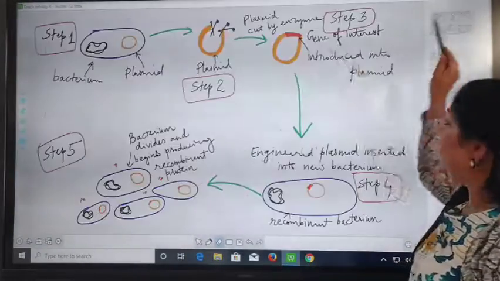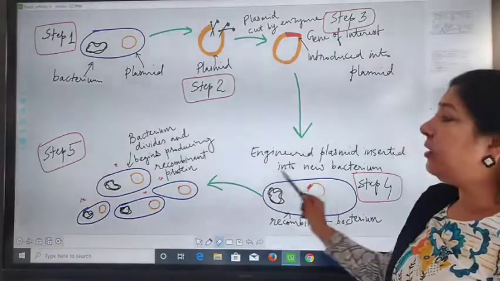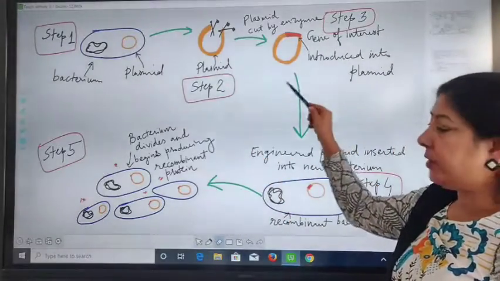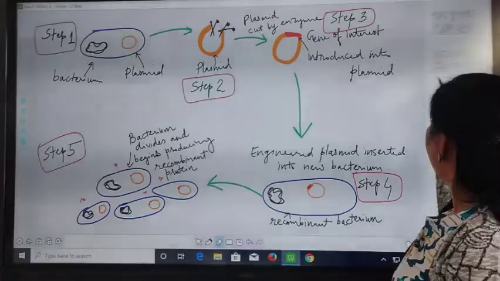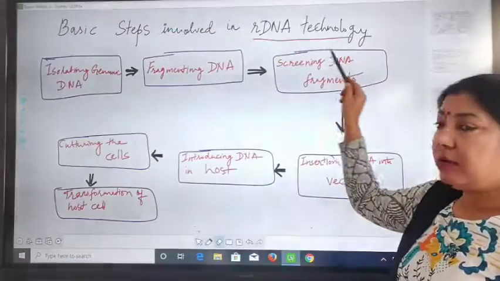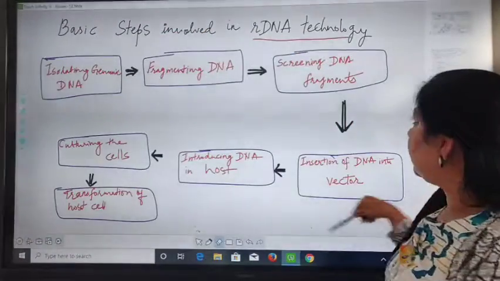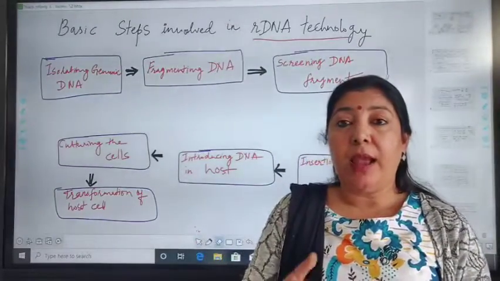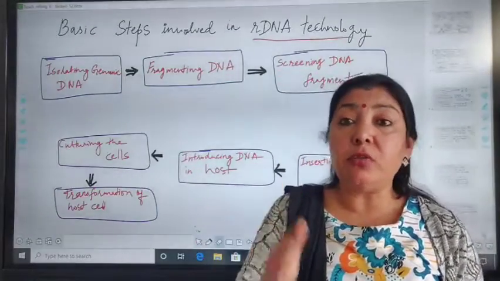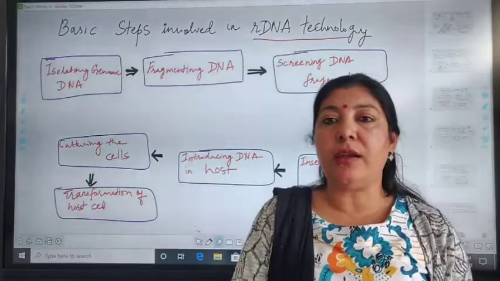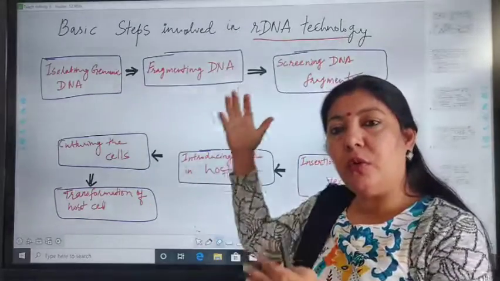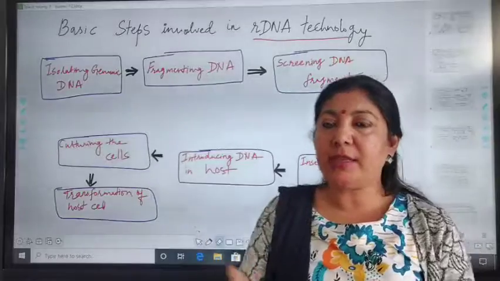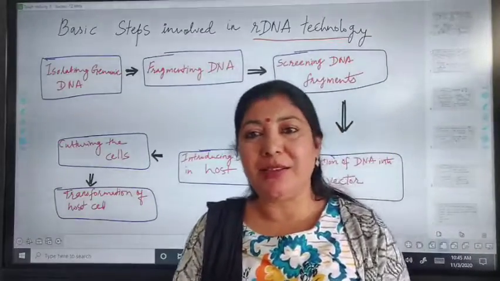So this diagram is very important where all these steps are used. This diagram is there in your book also, and these are the steps, and these steps I have explained individually. And next we will study first the tools. What all tools are required for doing this whole process. In the next lecture, we will study about these tools.